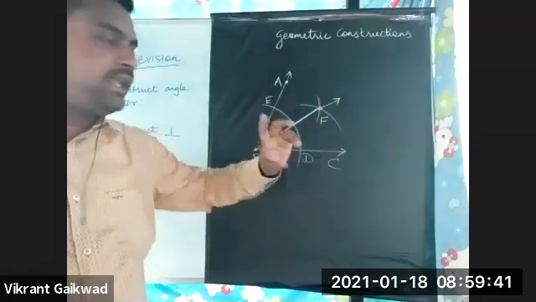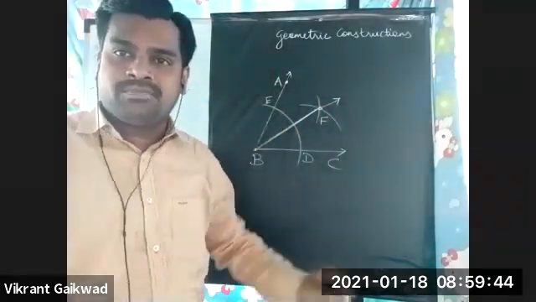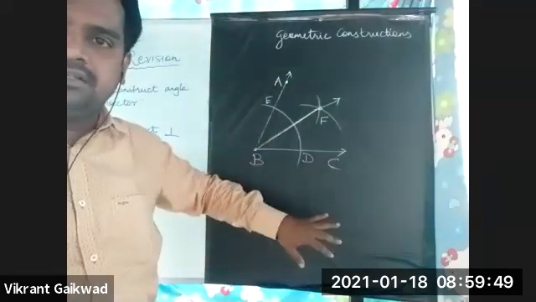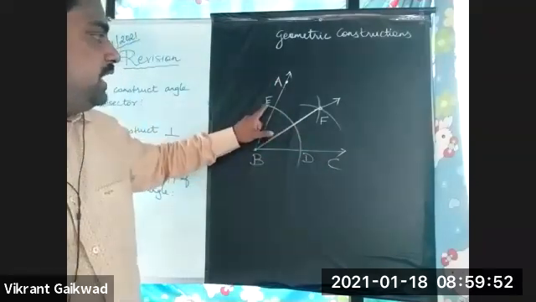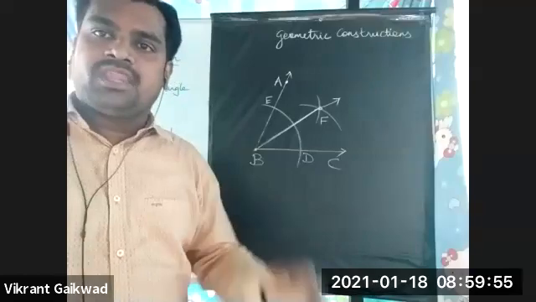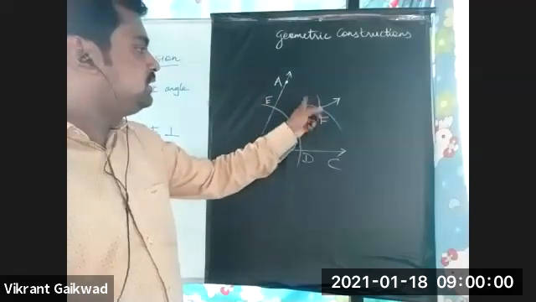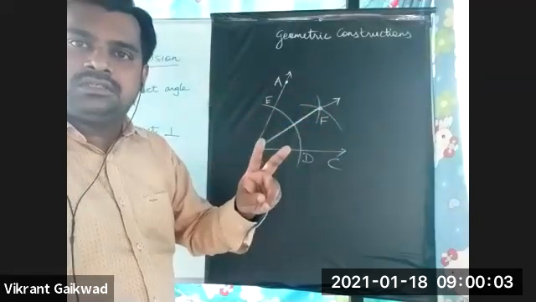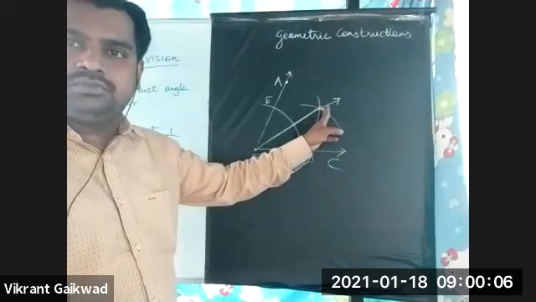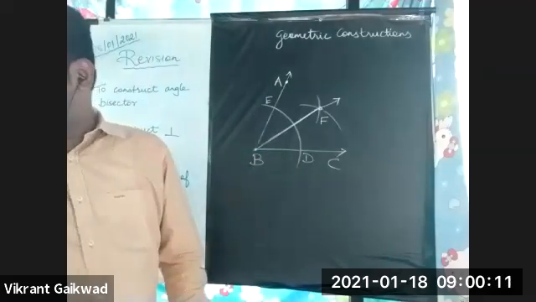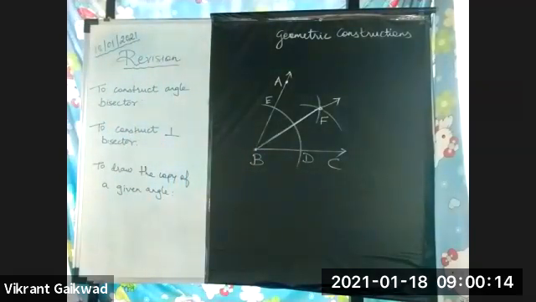What we have done here is check. I've taken any angle ABC. I've taken B as the center. Any radius from B, I've cut an arc which would intersect both the sides at different points, say E and D. And from those points, we have drawn arcs inside the angle, the two arcs. The point of intersection of the two arcs, we will join with the vertex B. That is your angle bisector. Is this clear to all? You can remove the screenshot of this so that we'll move ahead to the next construction.